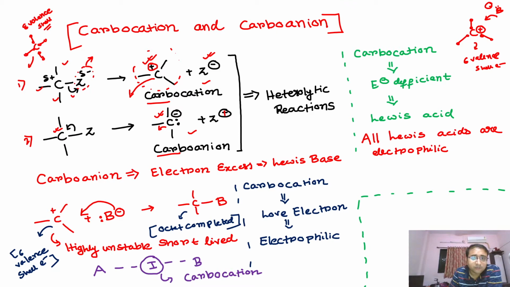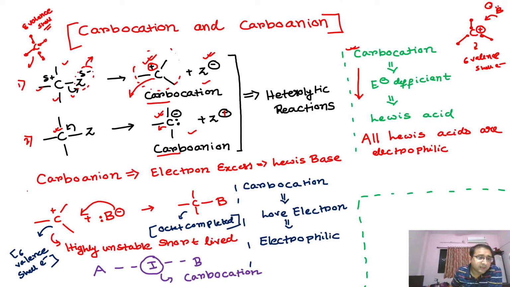On the other hand, if you see my previous lecture where I talked about the definition of Lewis acid, according to that definition, a Lewis acid always tries to accept electrons from others. A similar thing occurs for carbocation also. Carbocation also loves to accept electrons from others. So that's why carbocations are basically nothing but a type of Lewis acid, as they always try to accept electrons from others.